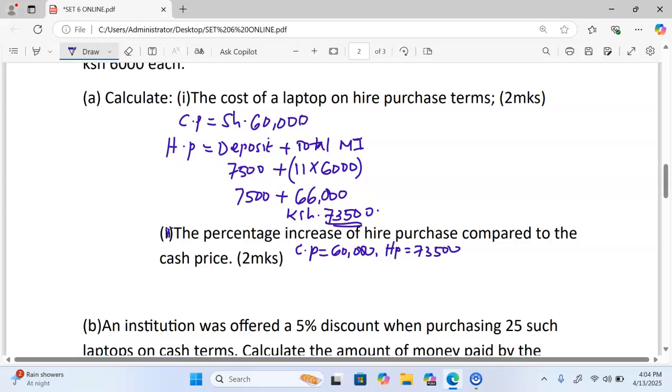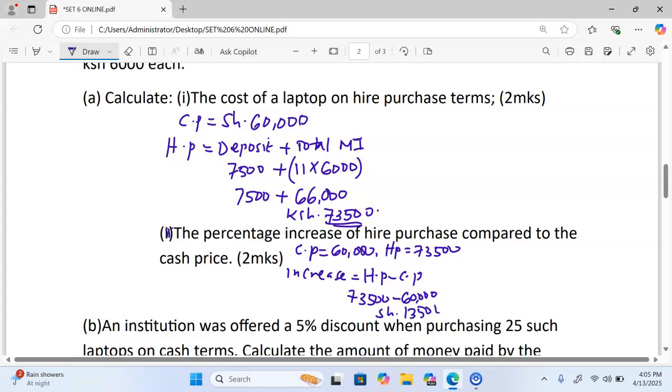That means the increase is obtained by taking the hire purchase minus the cash price. The hire purchase is 73,500 minus the cash price of 60,000, and this gives us a total of